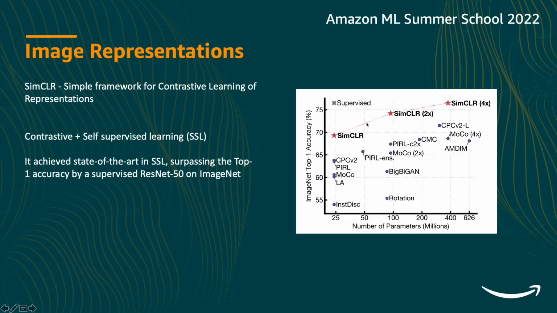If we see here, this red star is the performance of SimCLR, and we can see that it almost reaches the performance of supervised models. This one is a ResNet 50 trained fully on the ImageNet dataset in a supervised manner. And this SimCLR is using unsupervised features with a single linear layer on top. This result is quite remarkable because with this we can generate our pre-trained features in an unsupervised way.